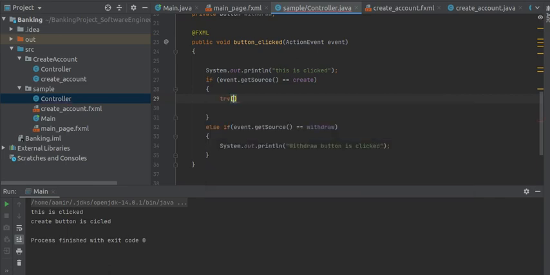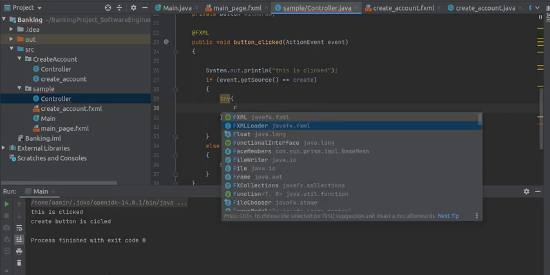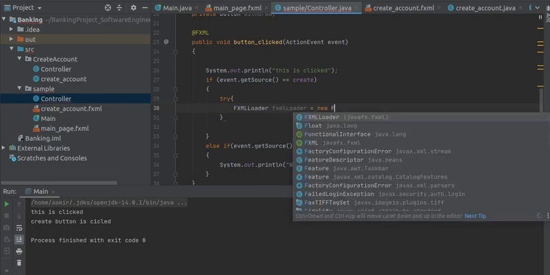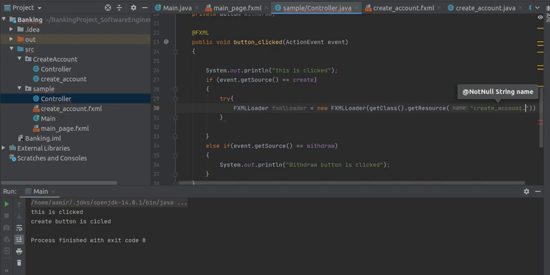Now in executing this, I will write FXMLLoader equals new FXMLLoader, and I will load the same class, getResource, and in this I'm going to give a file path, which in my case is create account.fxml.